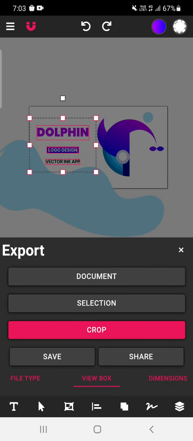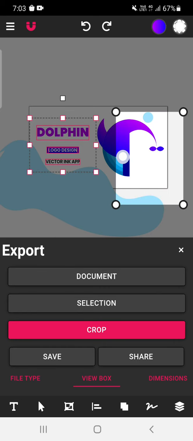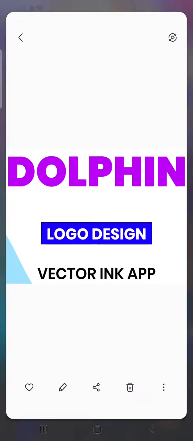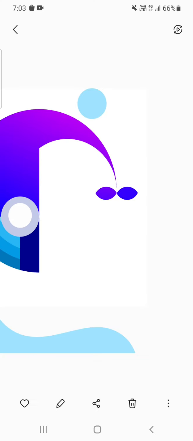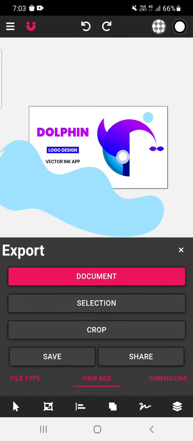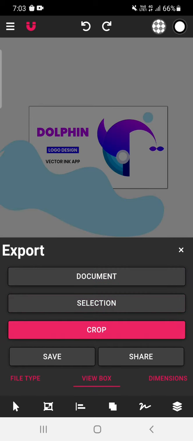The crop option is similar to it. You have to select a particular area and that much area will get cropped and it will get saved. So let us see. See, this much area got cropped and it got saved. Okay, so we saw document, selection and crop option, save option.